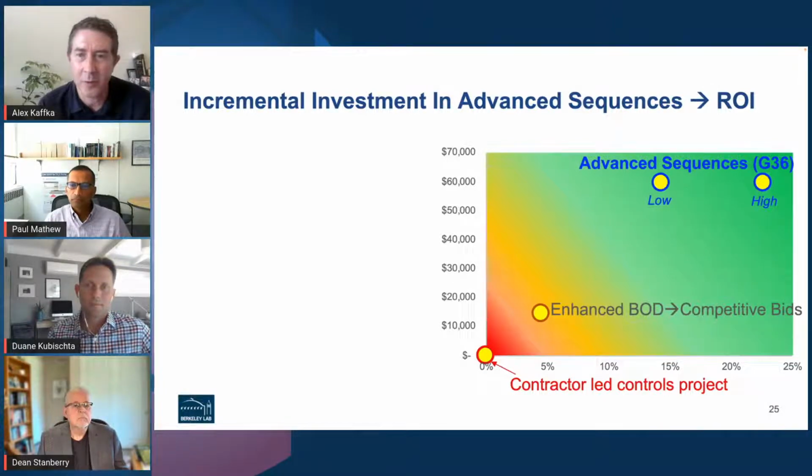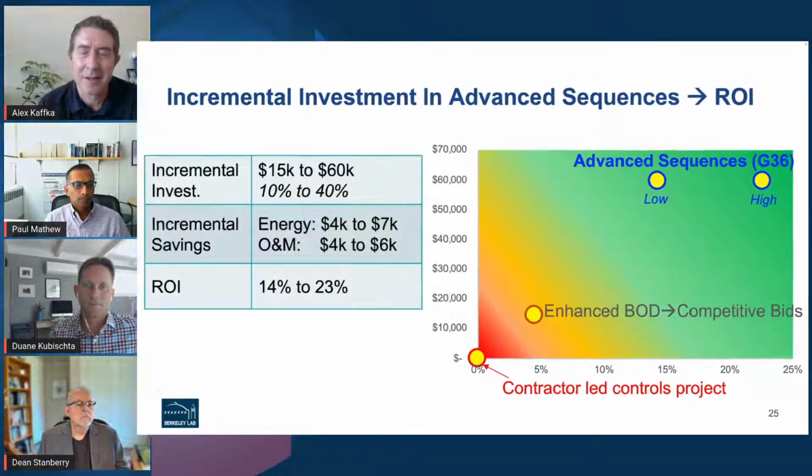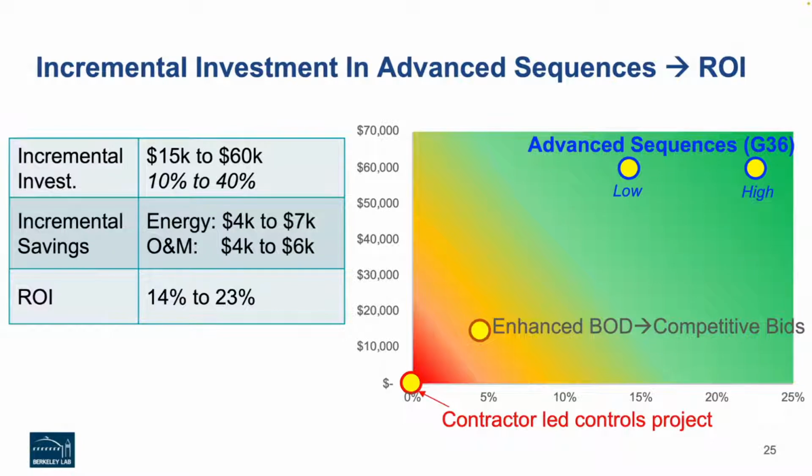And can you roll forward one more transition there? Thank you, Paul. What you end up seeing is when you add the advanced sequences in and the savings associated with the advanced sequences, you're getting two things here. You're getting a significant amount of energy savings. So you're investing maybe another $50,000, $55,000 in this case on top of the original contractor-led baseline cost. So there's definitely some additional cost, but you end up getting at this point significant savings, not just in the energy aspects,